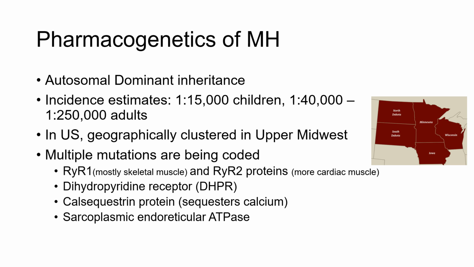The exact incidence of malignant hyperthermia is unknown. The incidence varies depending on the concentration of MH families in a given geographic area. High incidence areas in the United States include the upper Midwest, such as Wisconsin, Nebraska, West Virginia, and Michigan. However, the prevalence of genetic changes that predispose to malignant hyperthermia are much higher. About 1 in 2,000 patients harbor a genetic change that makes them susceptible to MH, but that does not mean that they will necessarily express the disease.